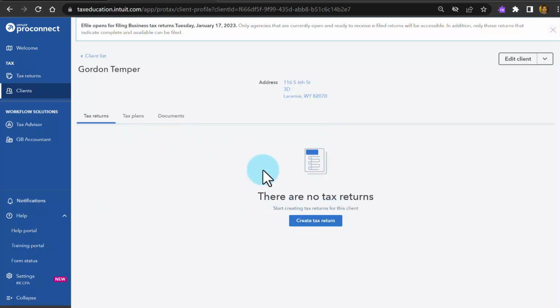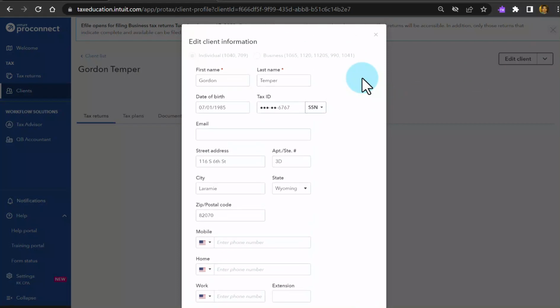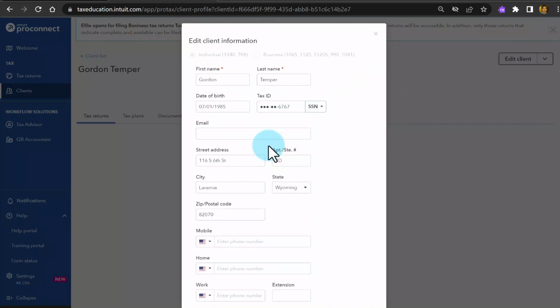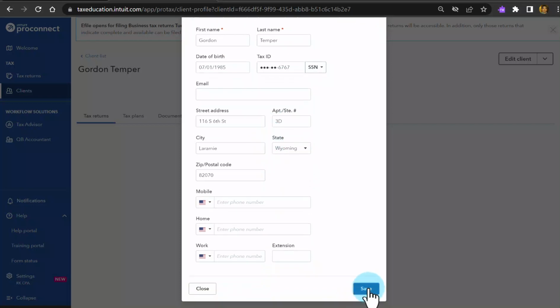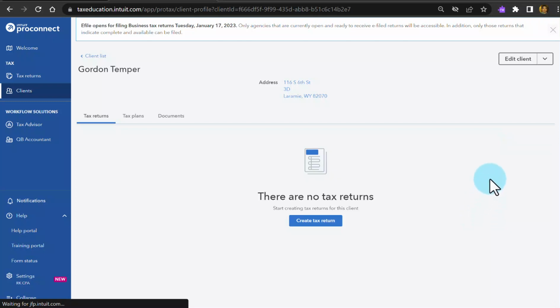We don't have any returns yet for him. Let's say I want to edit him, edit his information. So you already would see this information when you create him, create the client. Yeah, then you can come back here to make any changes. So let me save, and from this screen I can create a new return for Gordon,